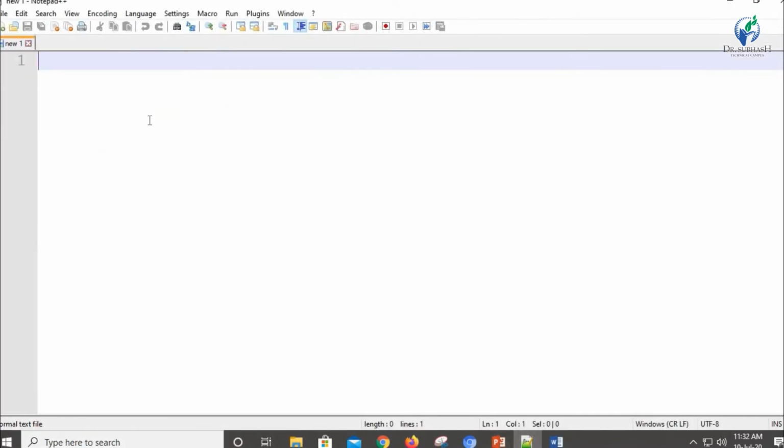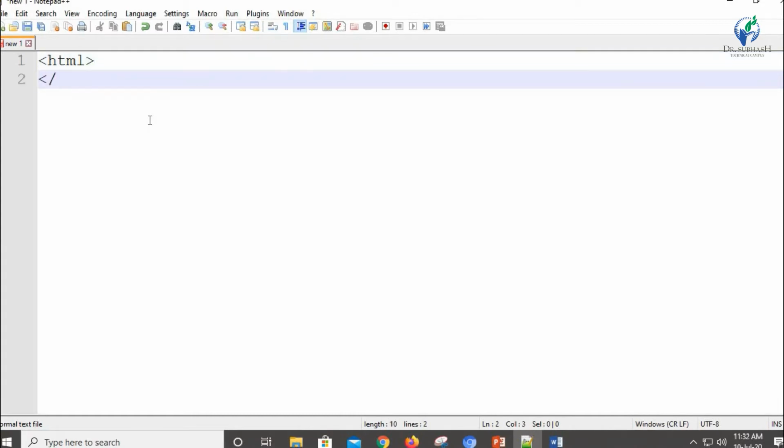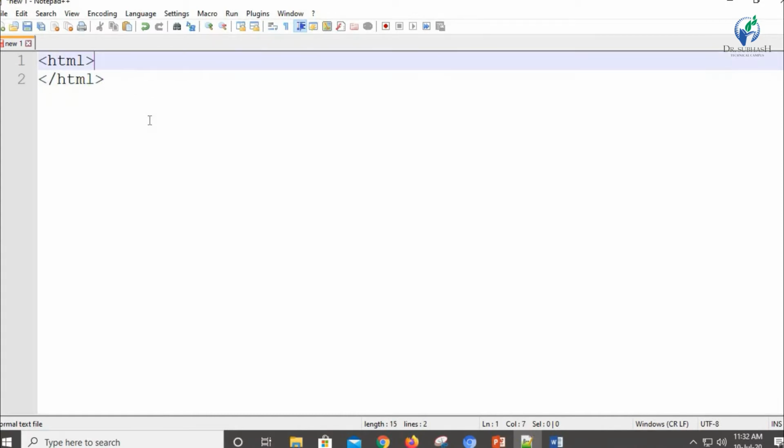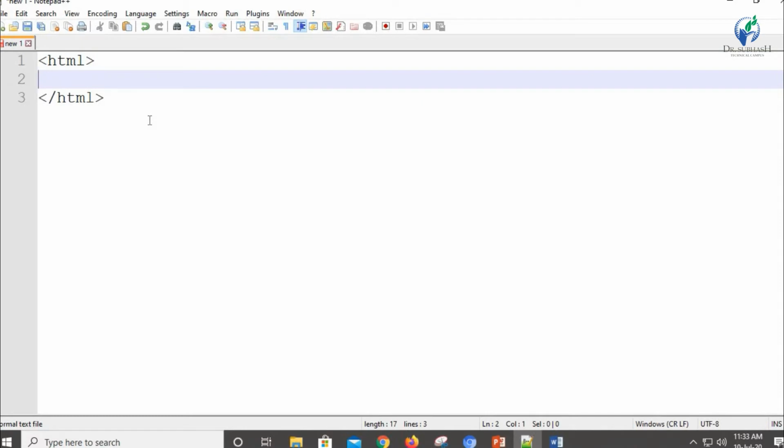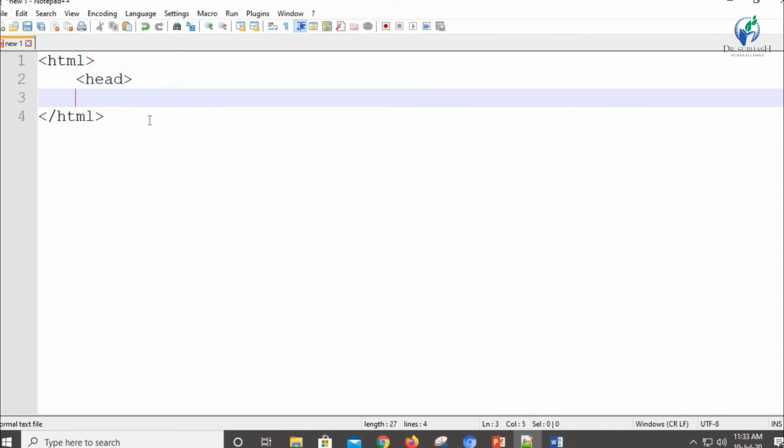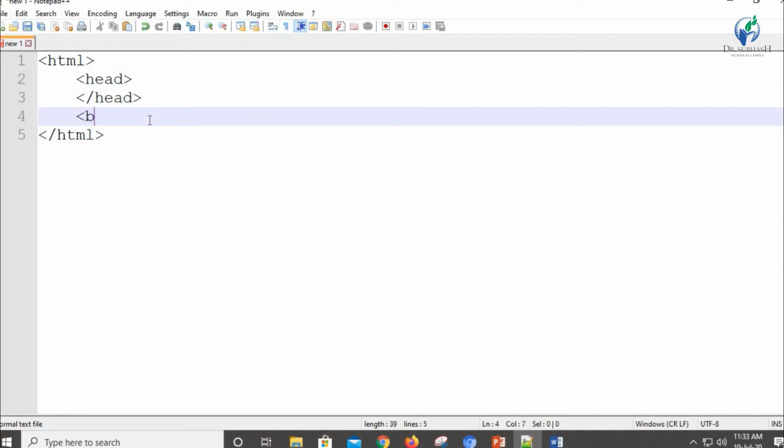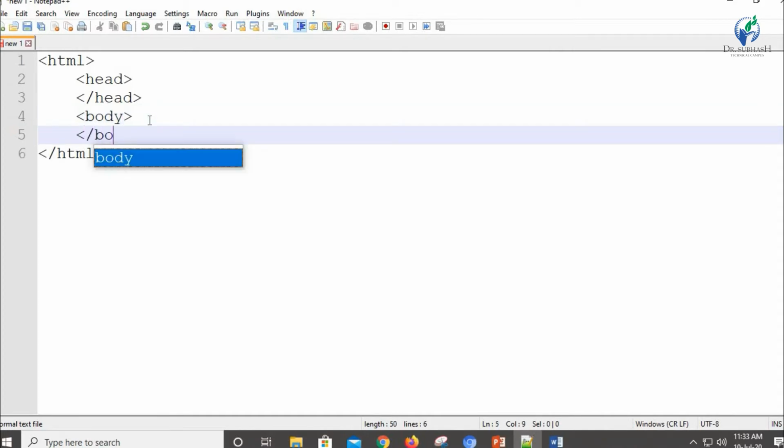So we are going to write the basic HTML tag. We are going to write the head tag inside. We are going to close the head tag. We are going to open the body tag and we are going to close the body tag.